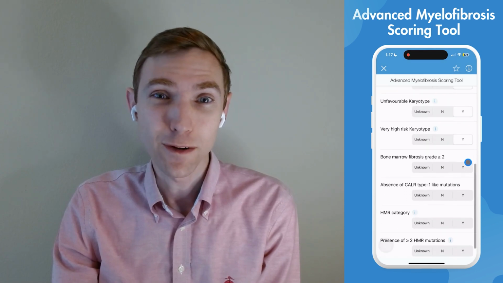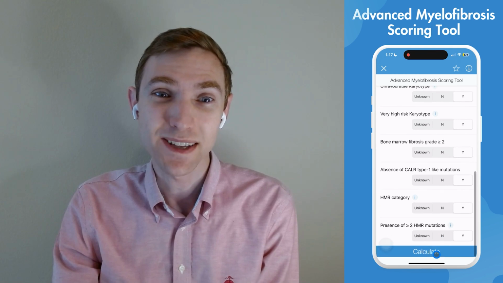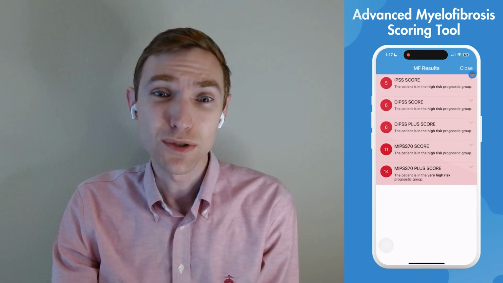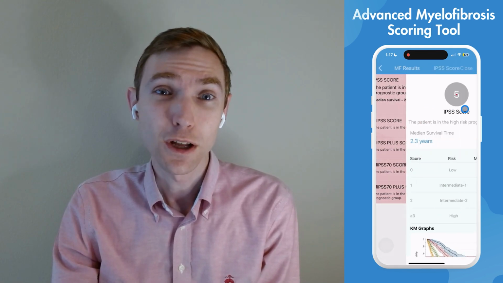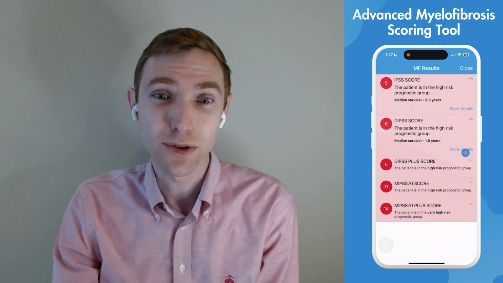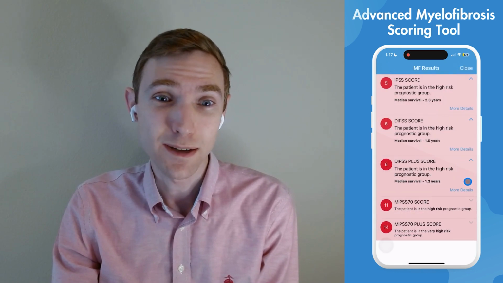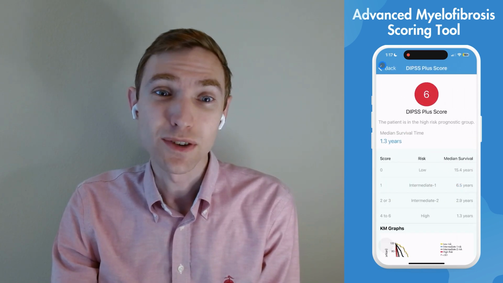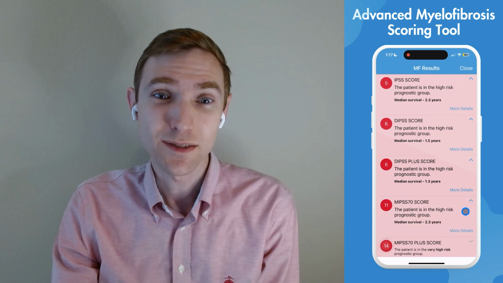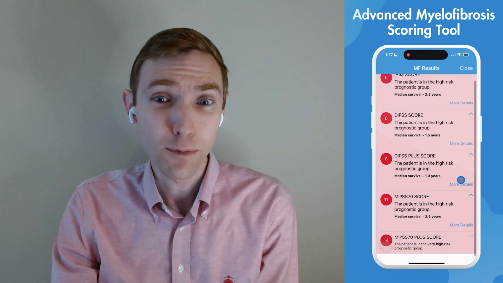app. Once all the information is input, you are provided with the risk assessments based on the IPSS, which is typically used at the time of diagnosis, along with the dynamic IPSS used throughout the patient's entire treatment course, and the DIPSS Plus, which incorporates the karyotype. You are also given the mutation-enhanced IPSS, which is the MIPSS70 and the MIPSS70 Plus, which are more helpful when